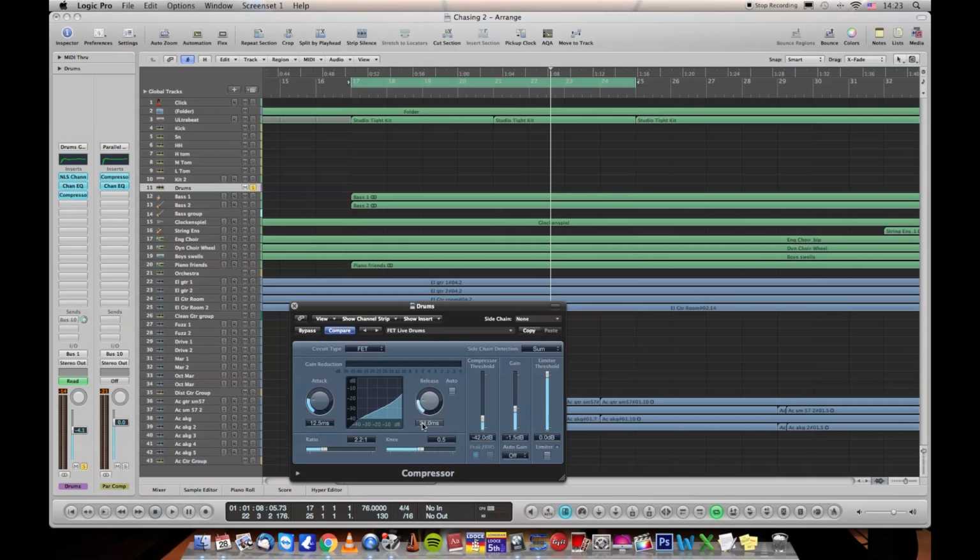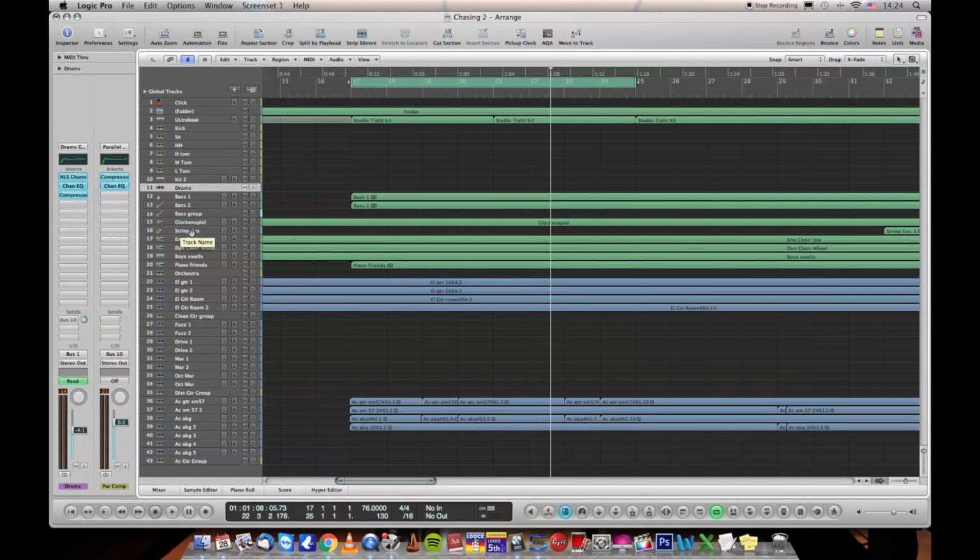If you have a fast release, or an even faster release, like a really quick release, you hear the drums become even punchier. Okay, let's try another instrument. Let's go to the